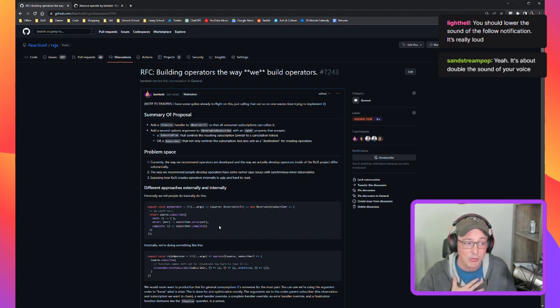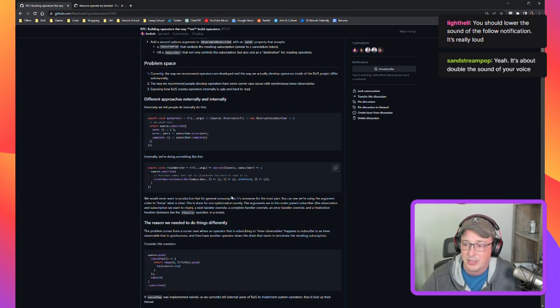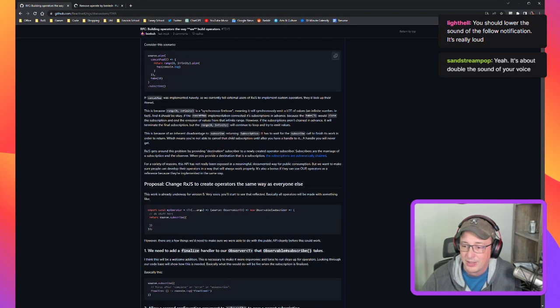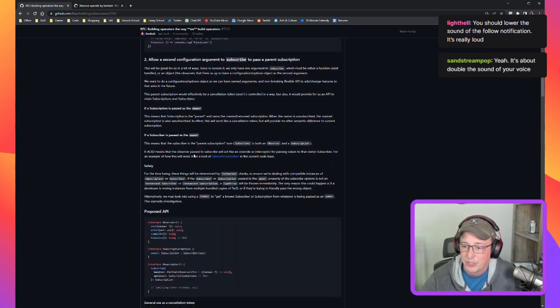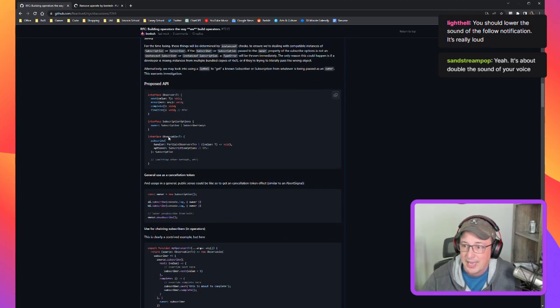And we're handling that internally with this create subscriber thing, where we pass in a destination. It looks at the destination and says, oh, this is a subscriber, I know what to do. And so the solution for this is to continue to develop things in the same naive way, but the proposed solution is we add this